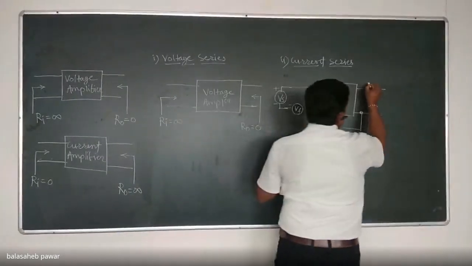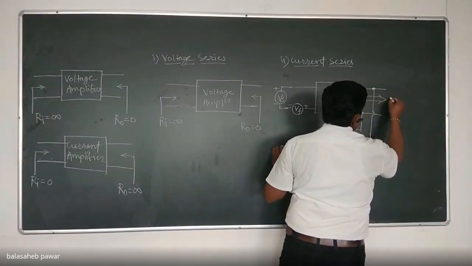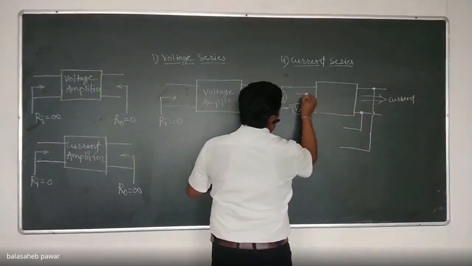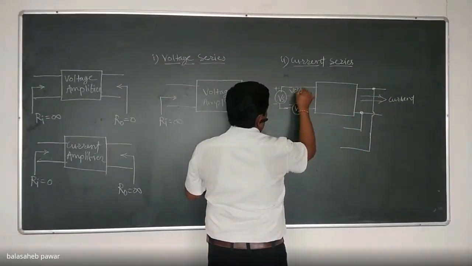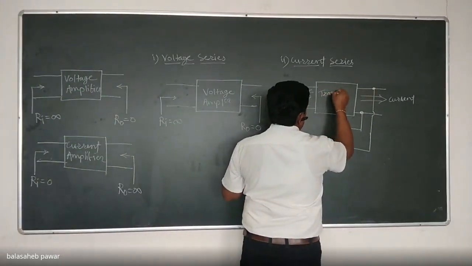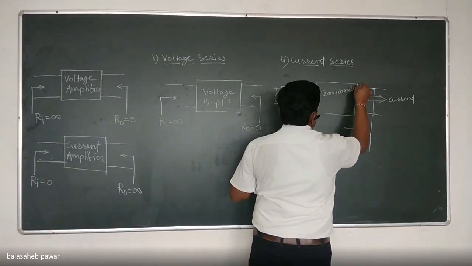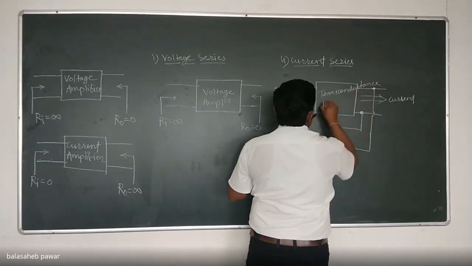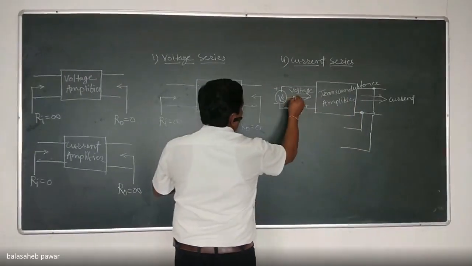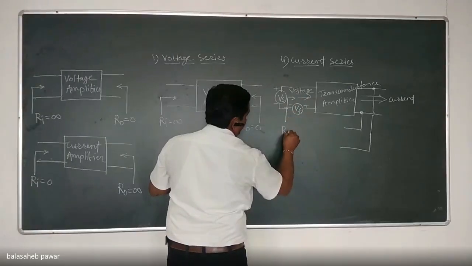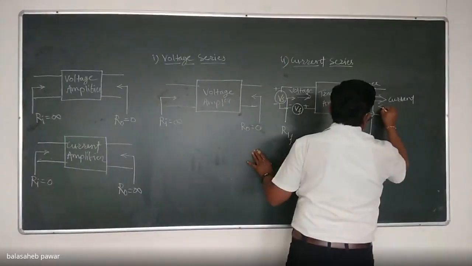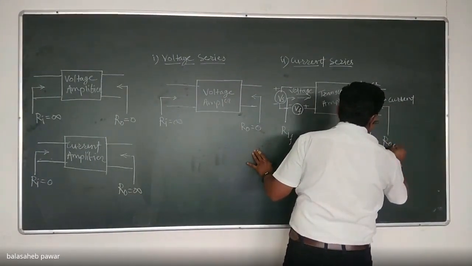Okay. So see, the output of that amplifier is current, and what is the input to that amplifier? It is voltage, right? And that's why it should be a transconductance amplifier. Correct? Now, about its input and output impedances. This is nothing but RIF, and this is nothing but ROF.